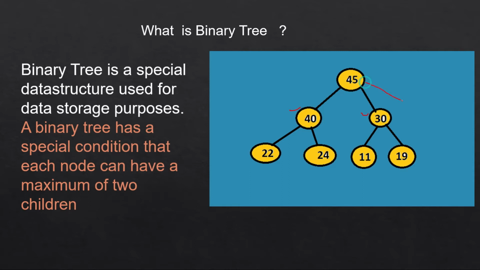Nothing more than that is allowed in a binary tree. So here also, if you see, this is a parent node and this has two child nodes. One is 22, one is 24, and for 30 also the same thing is there. For a node, maybe there is no child node at all, or maybe one single child node can also be present, but that is also called a binary tree. But in no scenario is it possible that one parent node will have more than two child nodes. Then that will not be called a binary tree.